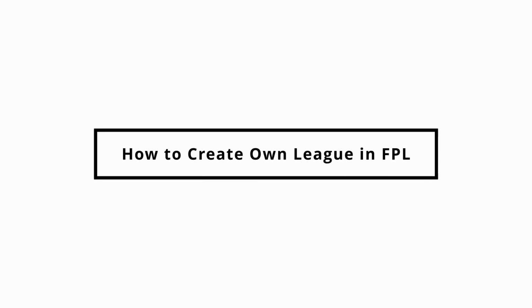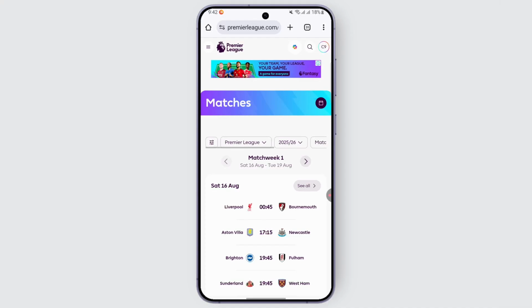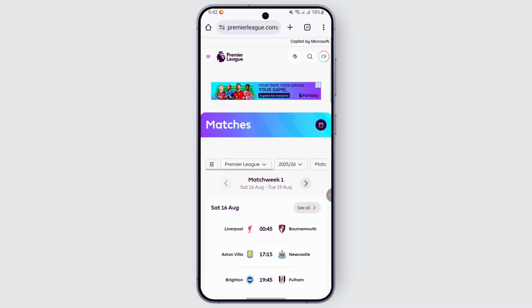How to create own league in FPL. Hey everybody. If you guys are also wanting to create your league on Fantasy Premier League, you may follow the steps. So once you are into the Premier League website, you can head over and look out for the